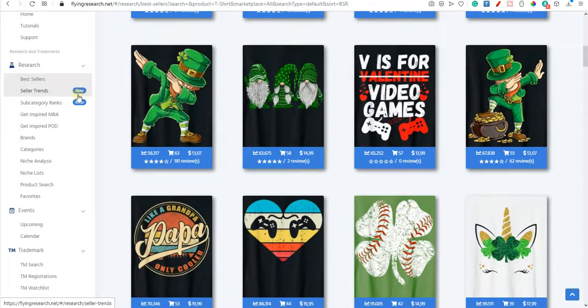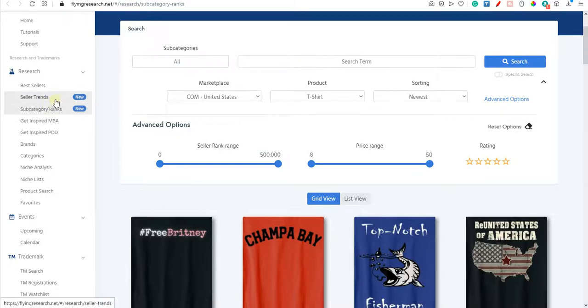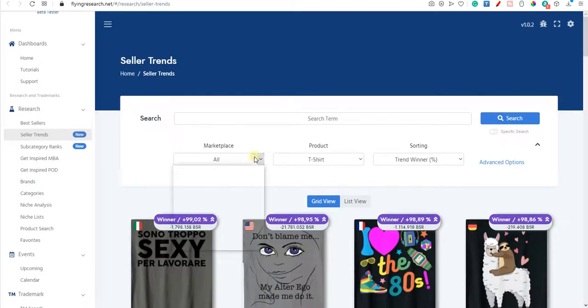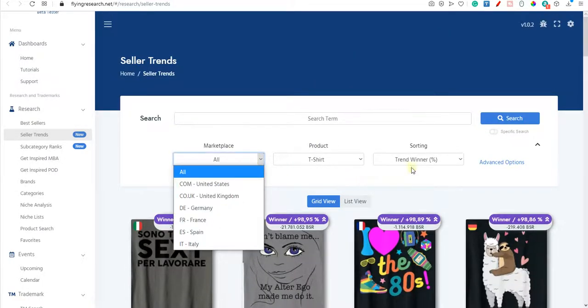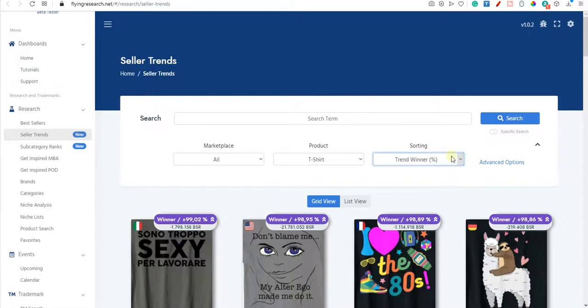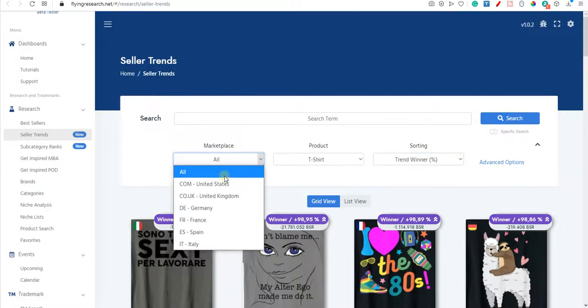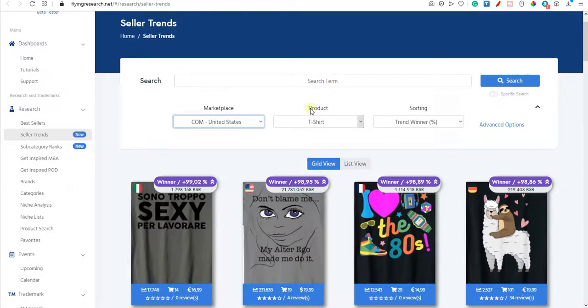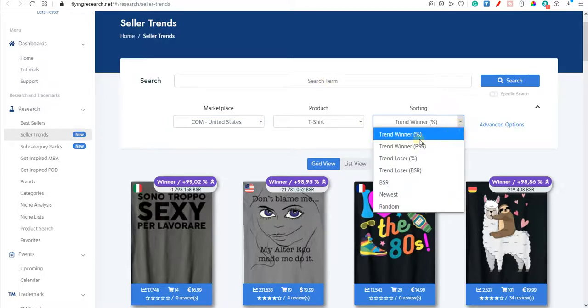So it's something new in the search tool. So let's see. In the seller trends, we can see here there is a marketplace. You can choose whatever you want. And also here on the right section, there is something really cool. Let me first make it for the United States and product t-shirts. And I want a general term. I don't want to go for a specific niche. I want to see something general, because here in the trends section you can see